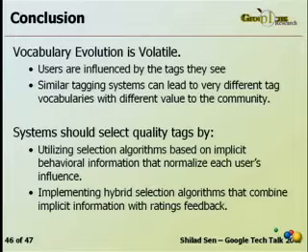And then in the second half of the talk, we looked at how systems can choose good tags to show users. We looked at some implicit measures of tag selection. And we looked at measures that were fairly successful that normalize the influence of power users so that particular users can't skew results. And finally, we saw that if we use hybrid schemes that are based on ratings and implicit information, they do better than any one particular tag selection algorithm could do.